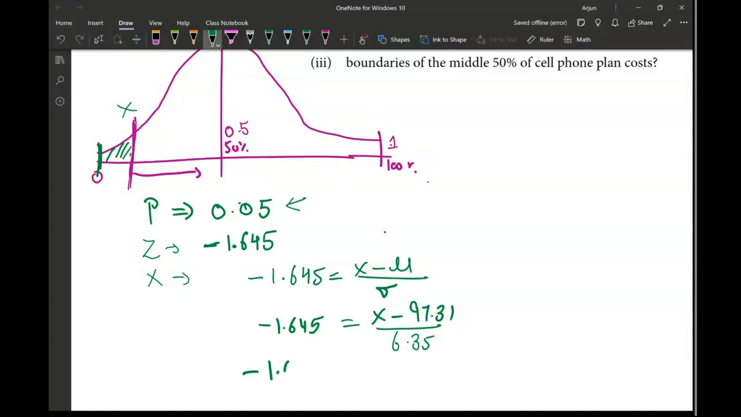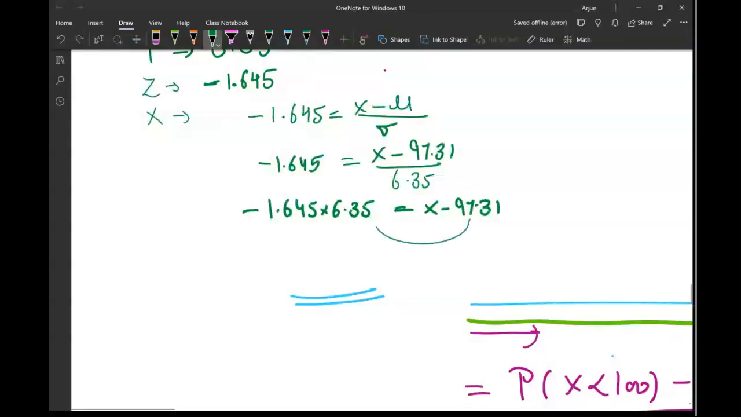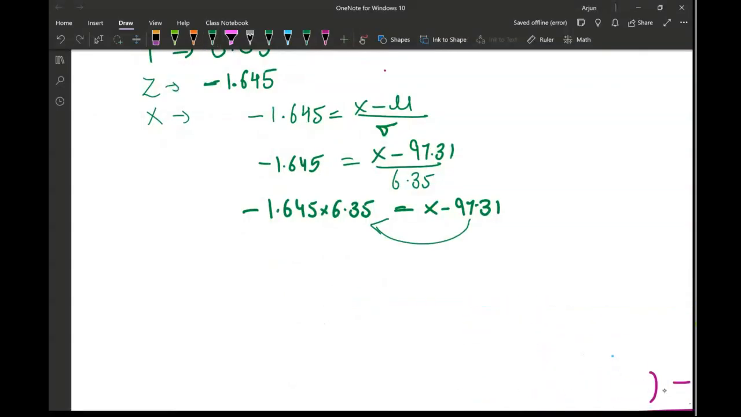So negative 1.645 multiplied by 6.35 is equal to x minus 97.31, and this is going to move to the other side and become a positive number. So I will write it as negative 1.645 times 6.35. Let me do the calculation too. That comes out to be negative 10.445 or 446, plus